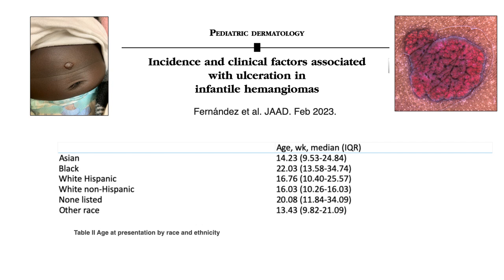Dermoscopy can help play an important role in reducing diagnostic disparities. This article came out in the Journal of the American Academy of Dermatology last year and found that Black infants were presenting to care for infantile hemangiomas 4 to 6 to 8 weeks later than children of other races and ethnicities. It was theorized by the authors that this was due to difficulty recognizing these growths as vascular. And while sometimes with the naked eye alone, categorizing a growth as vascular might be challenging in phototype 4, 5, or 6 patients,